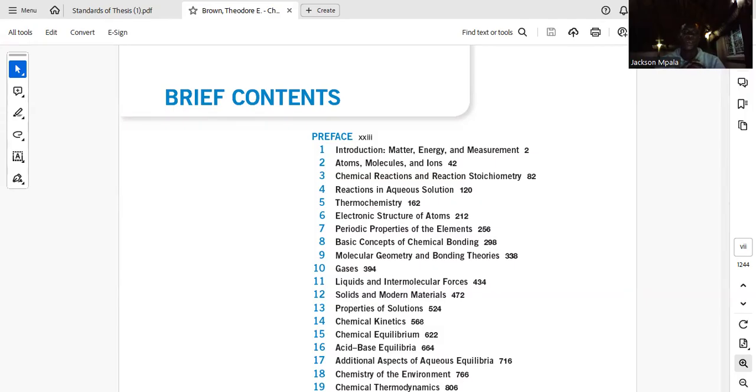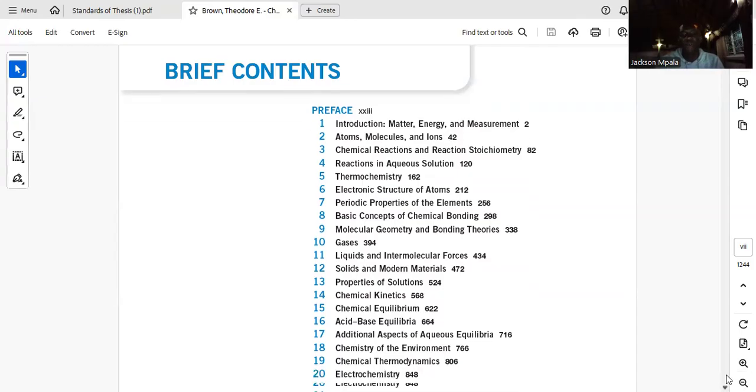Then solids and the modern materials that you see, how did they construct, maybe for example, Dubai, how did they construct some of the skyscrapers around the world and so forth. So we look into all those important matters as we continue looking into why chemistry is considered the central science. So we shall see why it is so central in our universe, that the life of chemicals, you can look into the type of the food, everything that is around us. They're made up of different chemicals and so forth. I hope you are picking up.